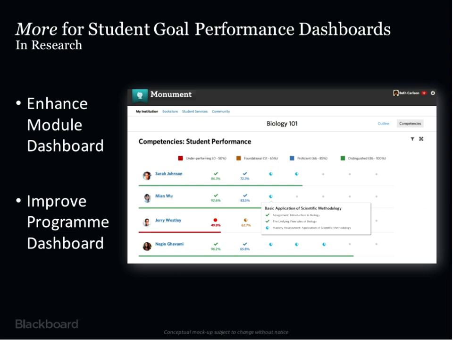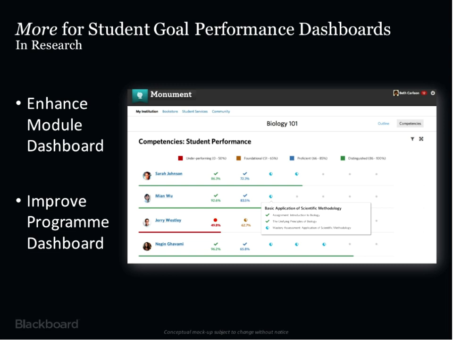So we have a couple of areas of enhancement that we'll be focusing on. The first is to enhance the existing module dashboard or the in-course dashboard, and giving educators the opportunity to see multiple students at once, as well as an aggregate of that student performance within the class. And this will allow the educators to prioritize their student engagements, determining very quickly and easily which students I should talk to today, or how I might plan a particular lesson or group students for an activity.